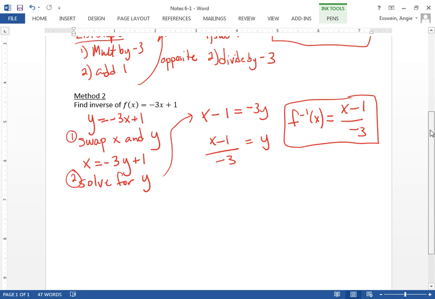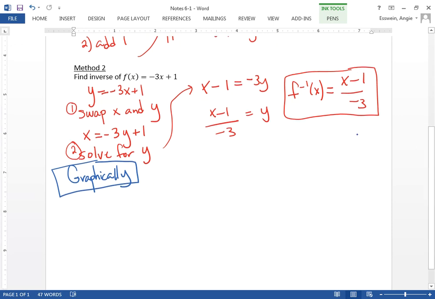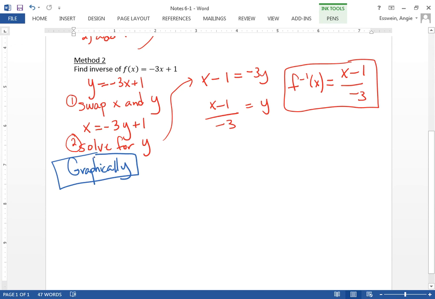Now I want to talk about what this looks like graphically with a different color pen. So now what do these graphs look like? You started to do this yesterday, but you didn't have as much information then. So what do the inverses look like if you were to graph them? So I'm going to tell you, and then we'll do an example together. So one way to find this graphically is